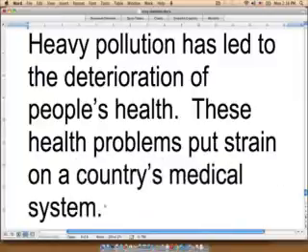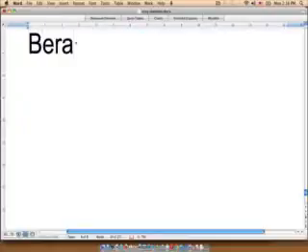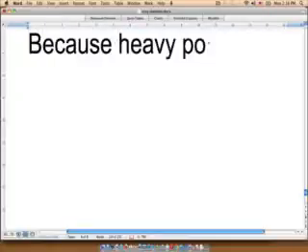Okay. Now, the chances of us making grammatical errors in these two sentences is much smaller than if we were to rewrite this as one sentence. So let me show you. If we were to write this as one sentence, we would have to write, because heavy pollution